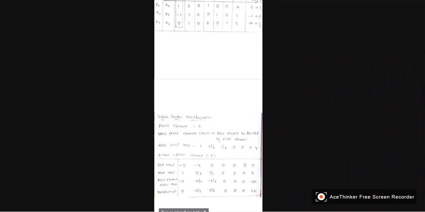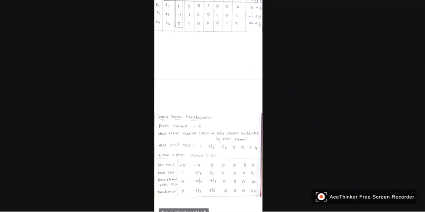Then the third row is the pivot element into the new row. That means in the Z row we have got -5, and in the new row we have 1, 2 by 3. So we should multiply it: pivot element into the new pivot row. So 1 into pivot element -5, so it is -5. Then the second one, 2 by 3 into minus 5, that is minus 10 by 3. So we have to do it like this.